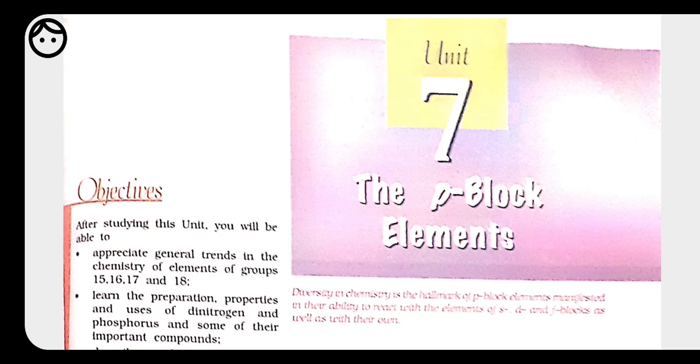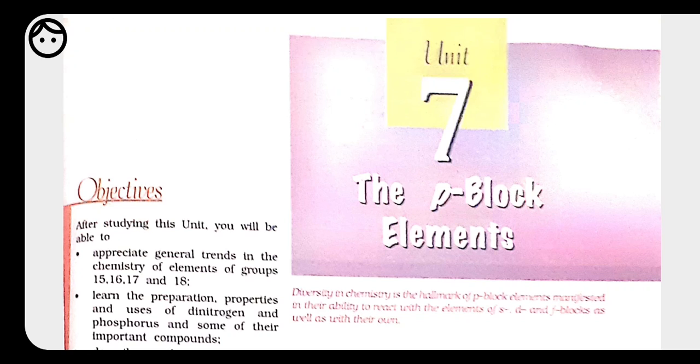We know that the elements of group 13, 14, 15, 16, 17 and 18 are called p block elements. These p block elements have 3, 4, 5, 6, 7 and 8 electrons in their outermost shell. That's why the general electronic configuration is taken as ns2 np1-6. Here the s orbital of these elements is complete, whereas the p orbitals are to be filled one by one. So the properties of these elements depend on the electrons present in the p orbital.